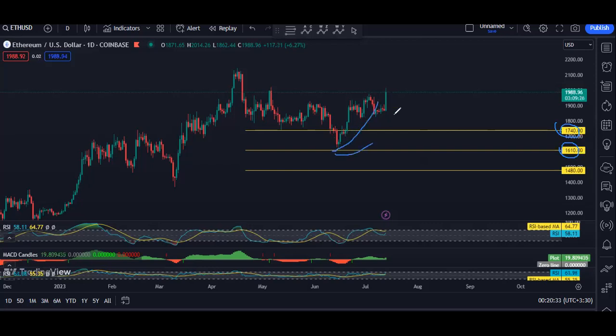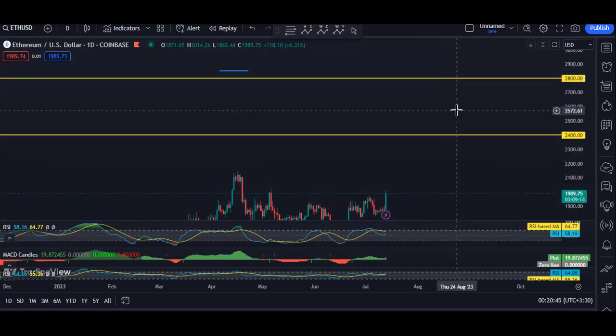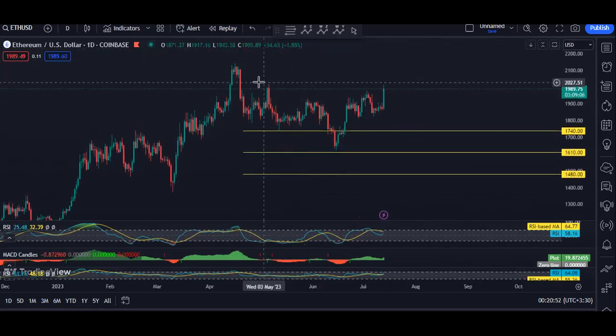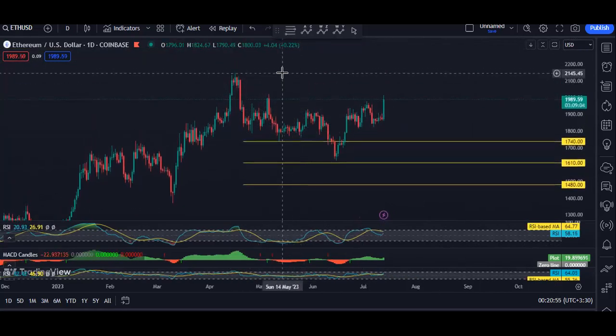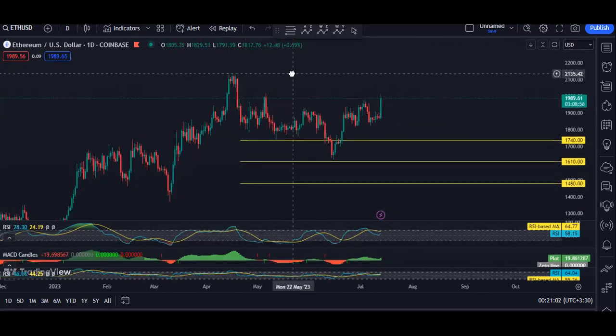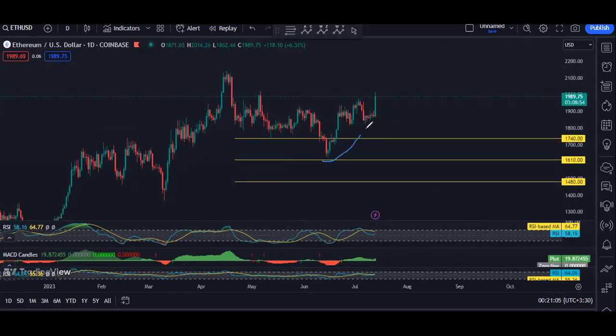There was an opportunity to look for buy from here, and mostly we could look for buy exactly from here based on the lower time frame. But we were expecting to see the breakout of the previous stop. That's why I mentioned with the breakout of the previous stop, the targets we have been looking for were 2.4 followed by 2.8. All right. And as we can see, the price is still within the correction. We cannot see the breakout of the previous stop, which is somewhere around 2145.